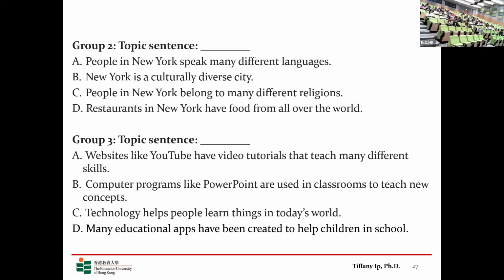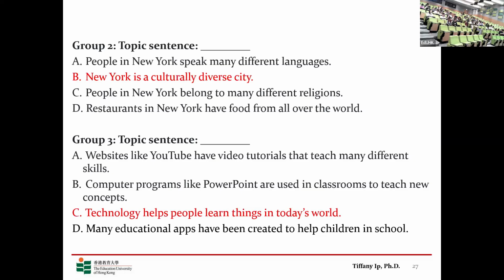C. Okay, all correct. And so technology helps people learn in today's world. And so technology covers websites like YouTube and then computer programs and the educational apps. And then the learning part covers the video tutorials and then the new concepts and also